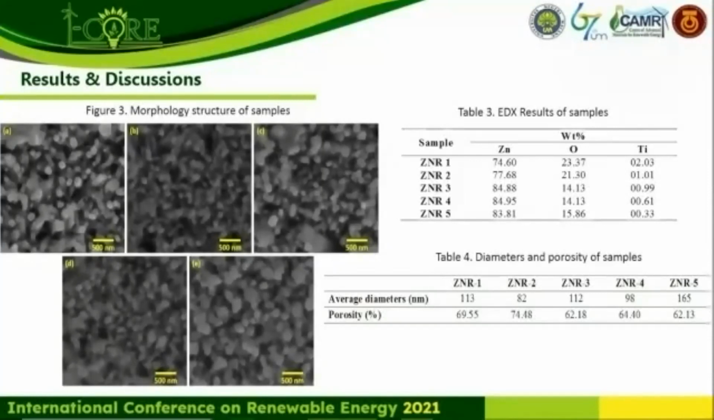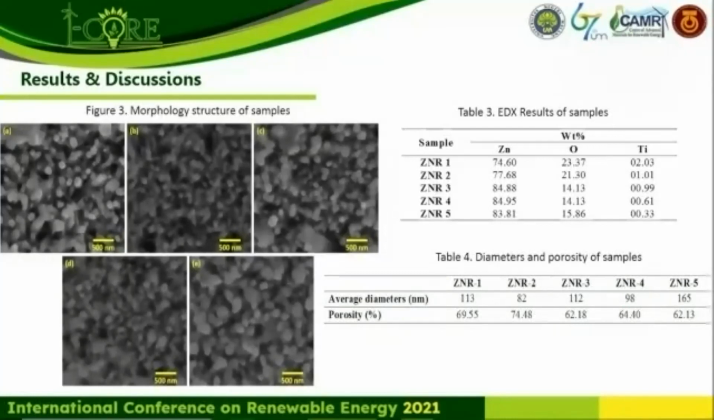And the last one is the diameters and porosity of the samples. It's carried out using images. So it's shown in the table that the diameter with the smallest size is formed by the sample with a hydrothermal duration of 2 hours, where it also has the highest porosity with